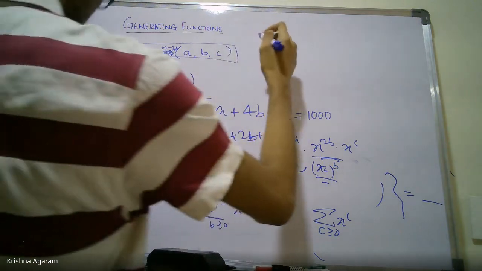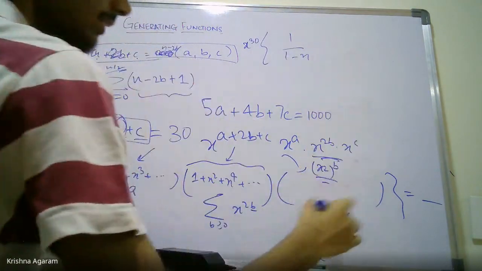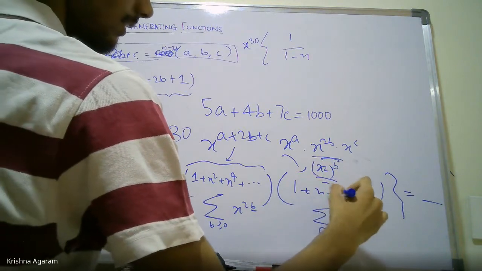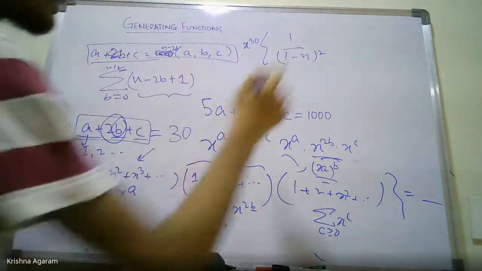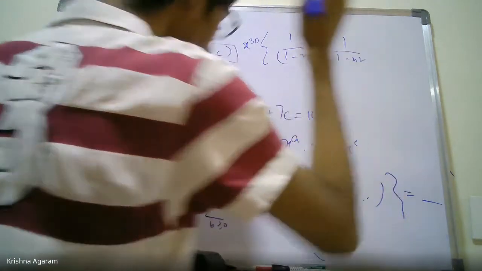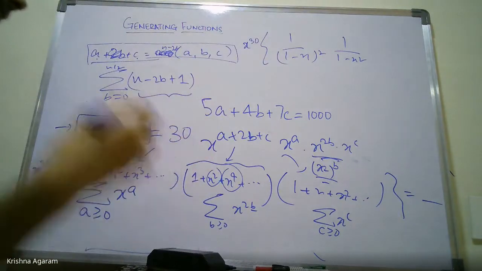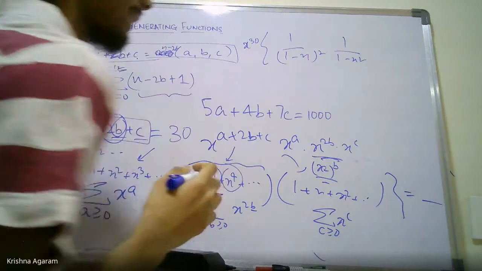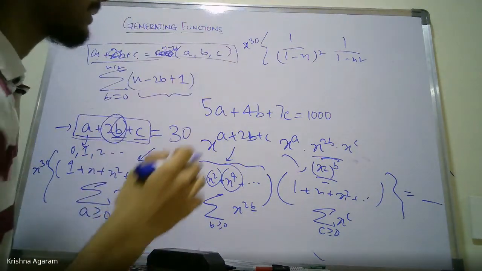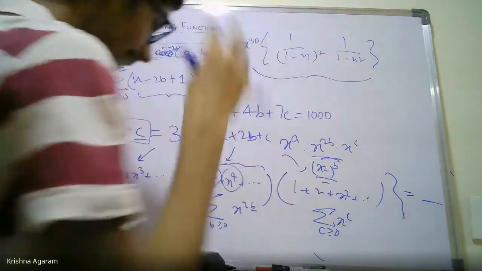So now this is just routine. 1 by 1 minus x. This is also a 1 by 1 minus x. Same thing. This is also a 1 by 1 minus x. This is a 1 by 1 minus x squared. So basically x squared, its square, x squared, its cube, and so on. Basically this is that. Okay. So now here's a trick. What you want to do is you want to find this thing easily.